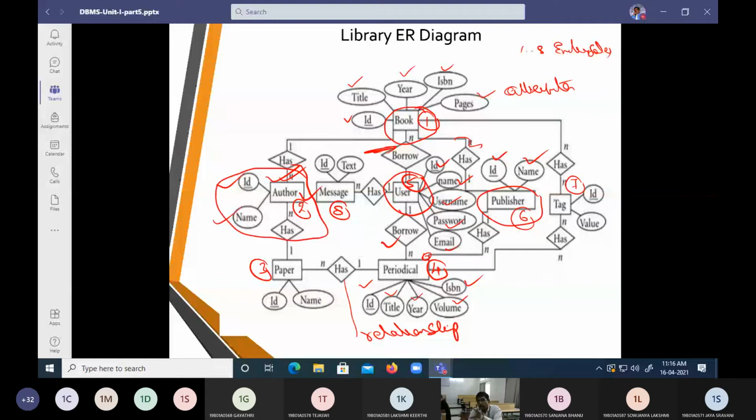And how is he going to relate? He is going to relate with a book. He is going to have his identity towards a book. So that is what we are going to mention as has. And next we are going to point it as one. What is that one related to? We are going to say that every book is going to have one author.